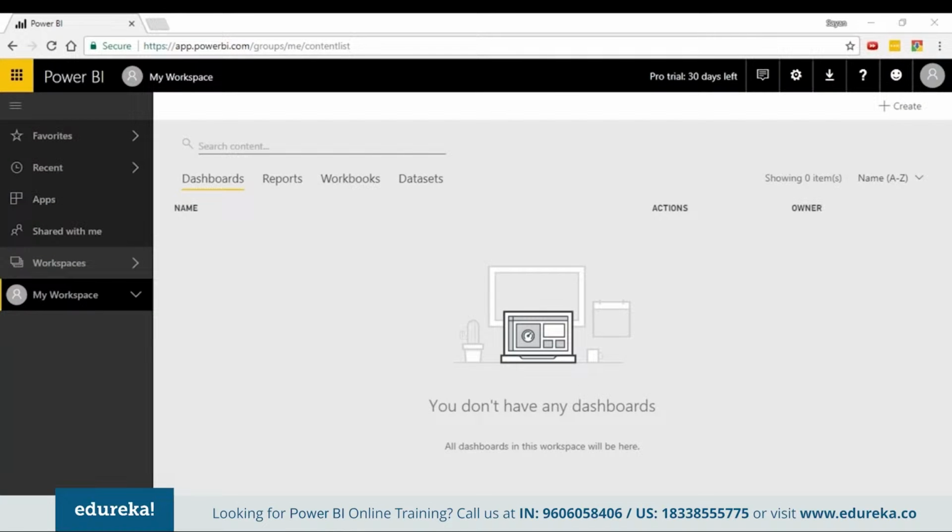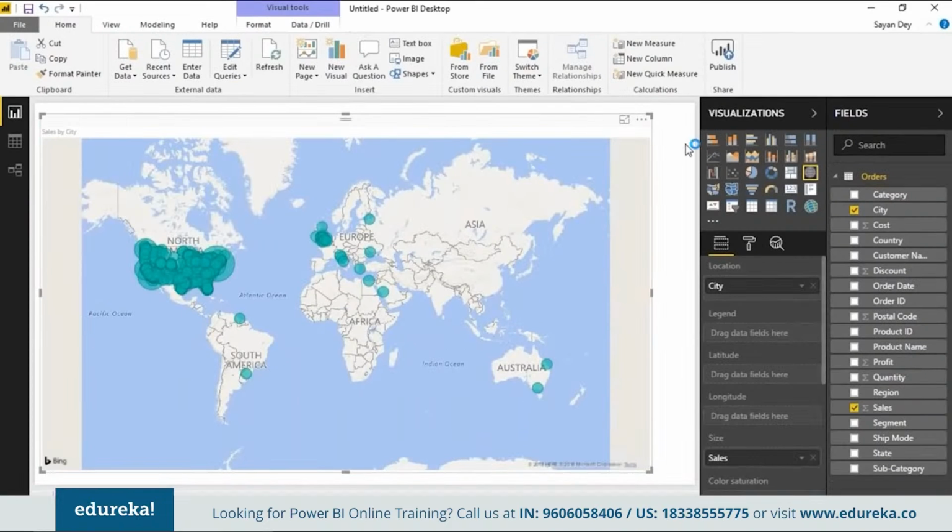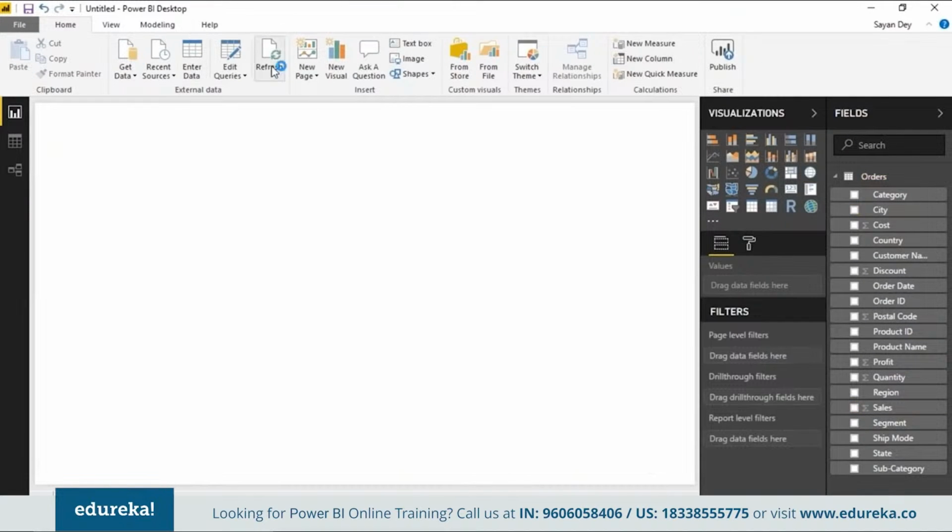So remember, guys, I talked about this at the beginning of the session, where I said this is my client development tool. Okay, this is Power BI Desktop. It's a client development tool. This is where I build my stuff. And after I build my stuff, I publish it onto what I call the service.